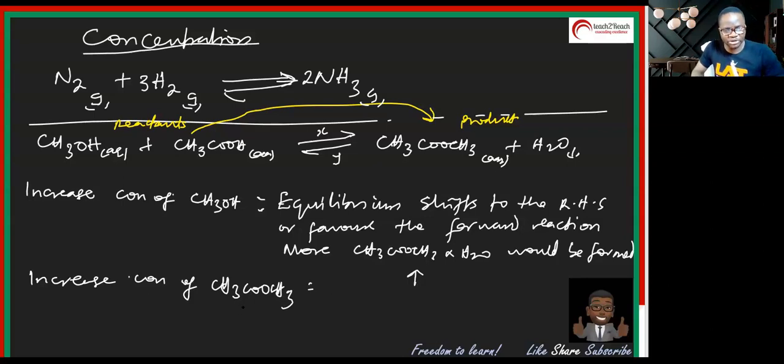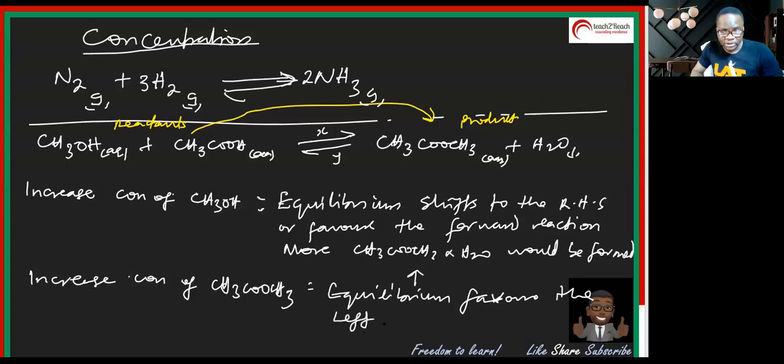So if you increase the concentration of this, equilibrium favors the left. You can just choose which expression to use. The equilibrium favors the left. That's what's going to happen. So that is how change in concentration affects the position of equilibrium. Concentration is easier to understand. So let's look at